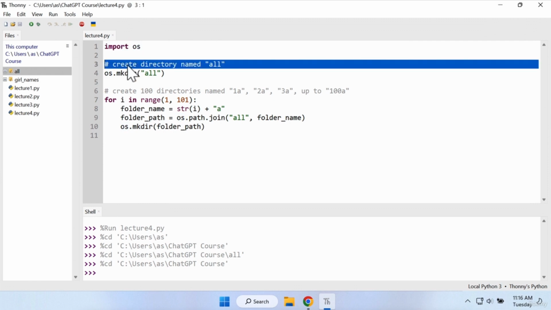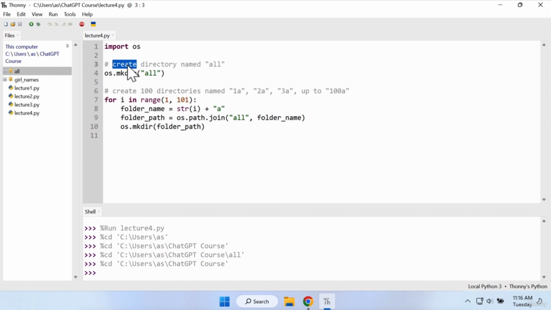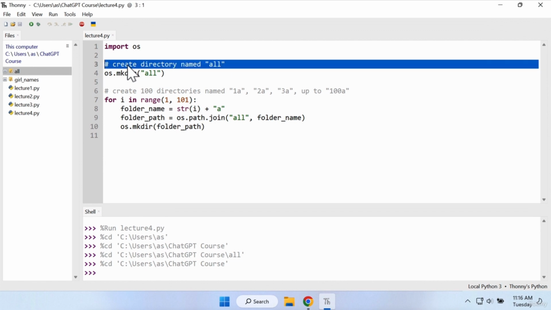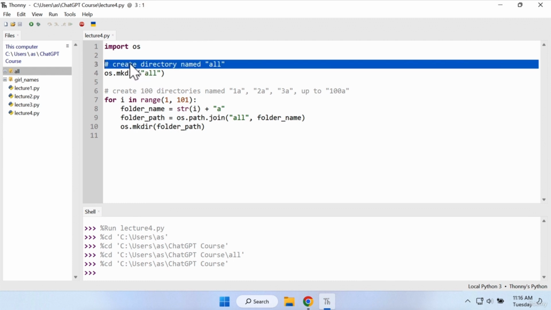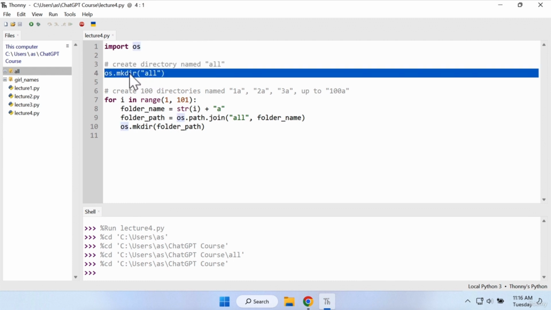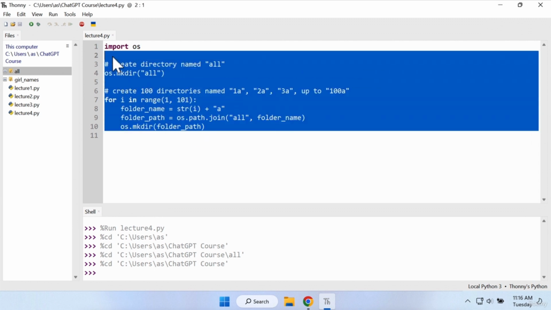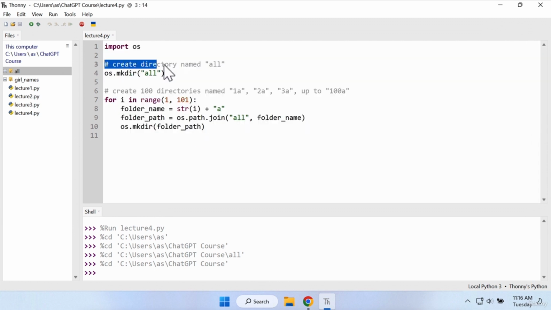Then this one here is a comment. So it's not actually an instruction, it doesn't tell the processor to do anything. This is just a comment, usually for programmers, so you know what's going on in the next line. So this is actual code, os.mkdir, so this creates a directory named all, and here you explain what this code will do. So ChatGPT is writing all that code for us, and it's also creating some comments,